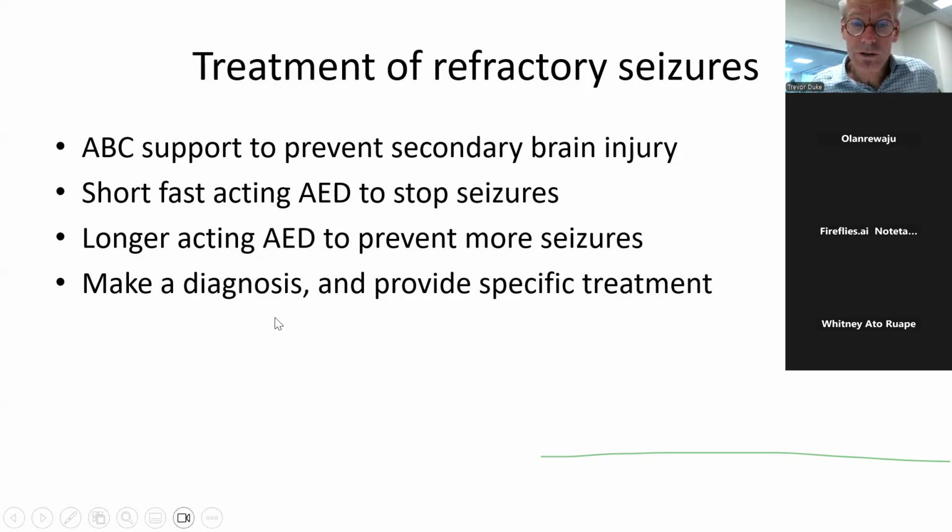And then you need to make a diagnosis and provide obviously specific treatment for that condition. There is in children with status epilepticus, as we've talked about with other conditions, there is a golden hour, and you really should be trying to do all of this within the first hour. Airway, breathing, and circulation support, preventing further seizures, stopping the seizures that currently exist, and making a diagnosis and getting the patient onto specific treatment. That should be able to be done within the first hour. You won't always be able to make a diagnosis within the first hour, but giving empirical treatment for whatever the